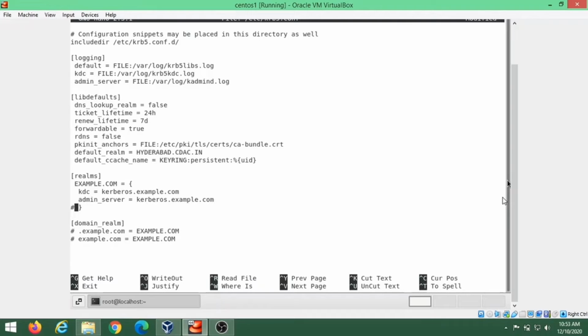We will uncomment the realms section. Here we will provide the username we have created along with the realm name, and the admin server name.